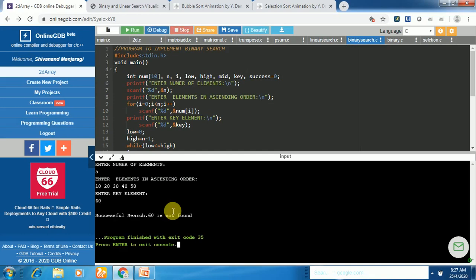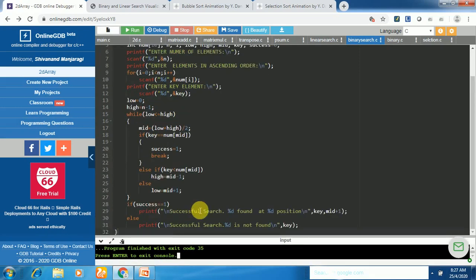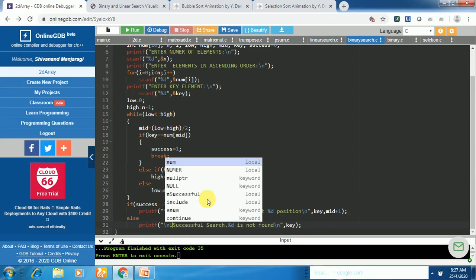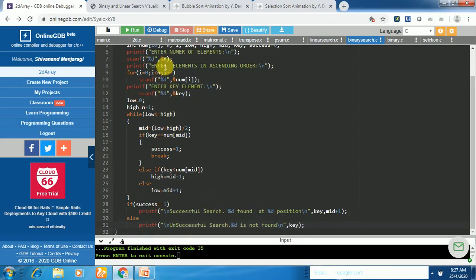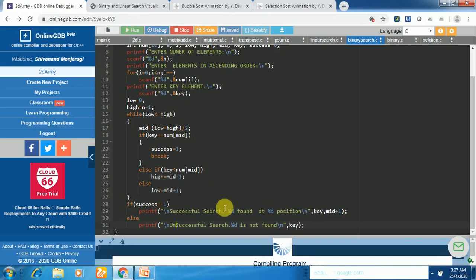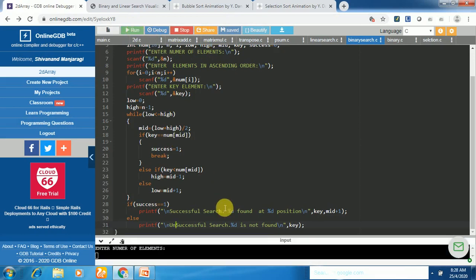Let us check the output here. It is basically unsuccessful search. So there is a small mistake we have done here. So we have to make it as unsuccessful search. So let me save the program and rerun. The message was wrong. So let us make that correction.